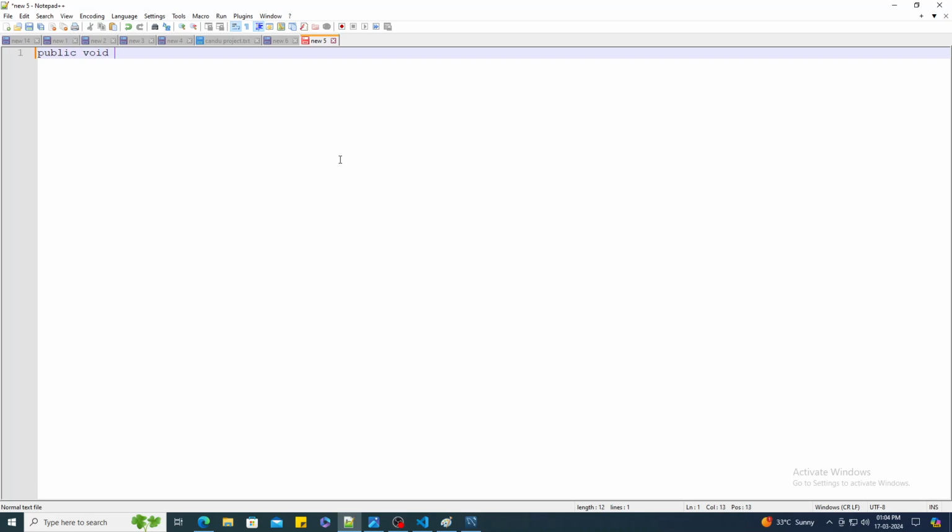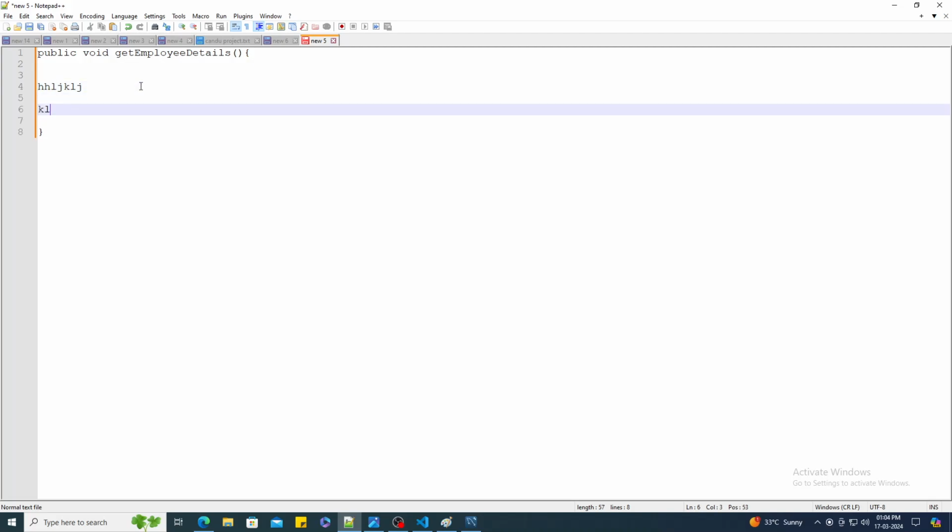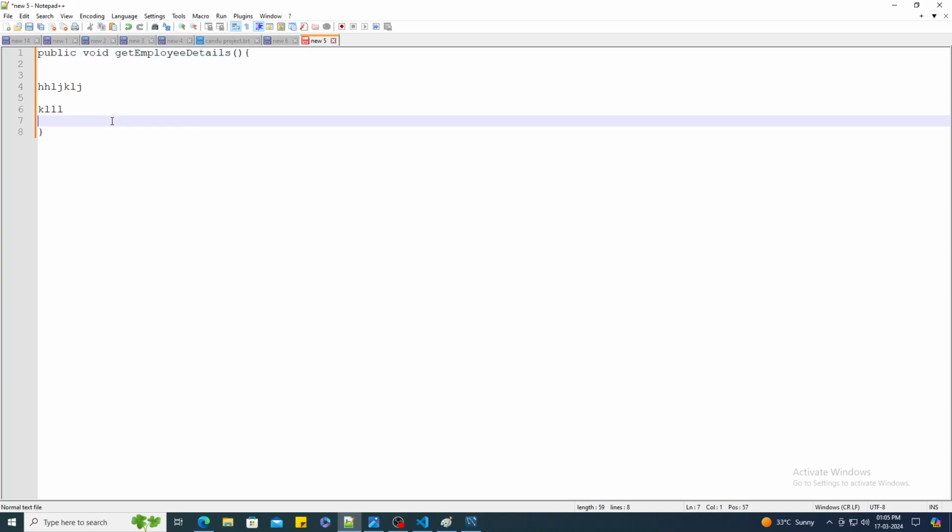public void getEmployeeDetails. Here, this is the normal method. A normal method is nothing but a set of instructions, a block of code, like this. This block of code will do some task, or execute some business logic, and it will finally return some value, or some methods may not return any value. So the method is nothing but a block of code